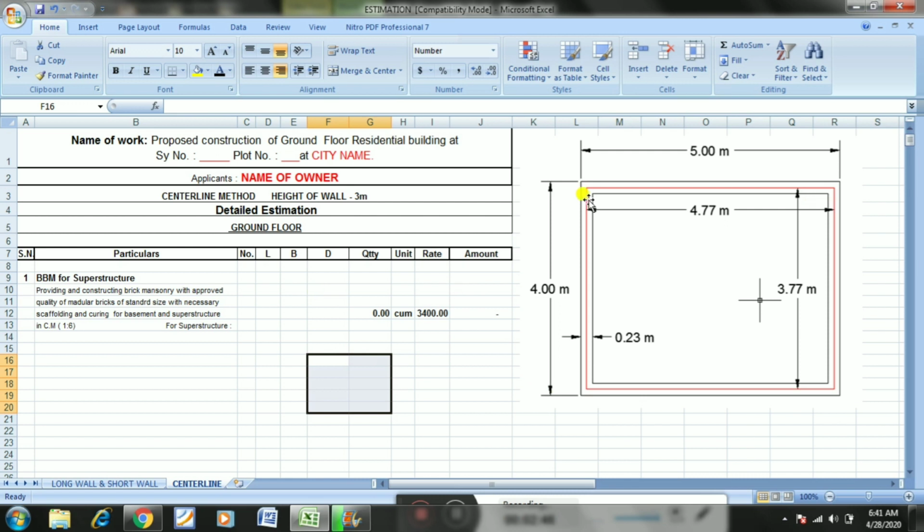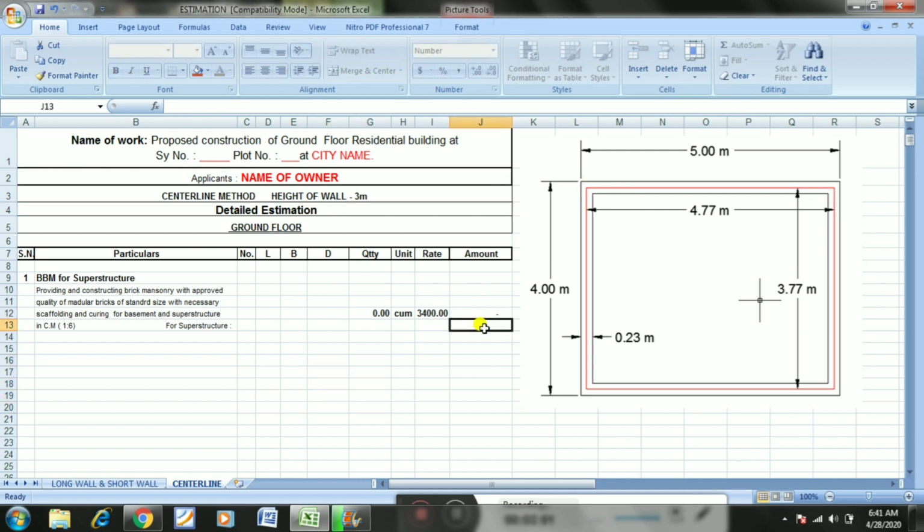In the long wall short wall method, we bifurcate, that is separate, all the walls, whereas here we join all the walls along with the junctions. If there is a 3 wall junction, in that case the deduction needs to be done. Here only 2 wall junction is there.